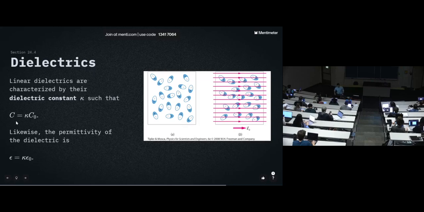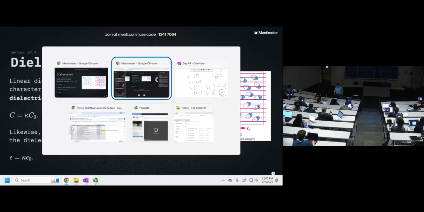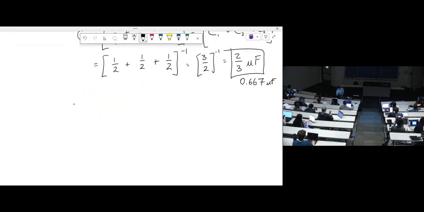Are you saying in terms of, let's take a parallel plate capacitor, for example. We said that the capacitance for a parallel plate capacitor was epsilon naught A over D, right? Well, what we didn't know at the time is that would be for a vacuum-filled capacitor, right? But if I insert a dielectric between those plates, we said that C is equal to kappa times C naught, right? Well, C naught